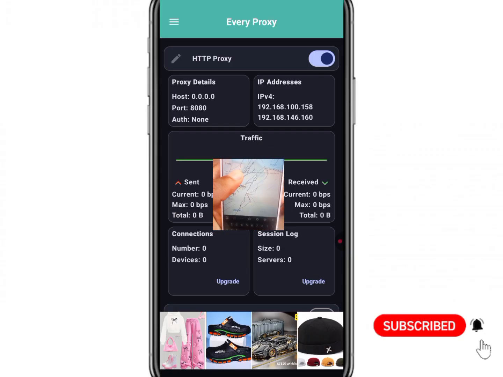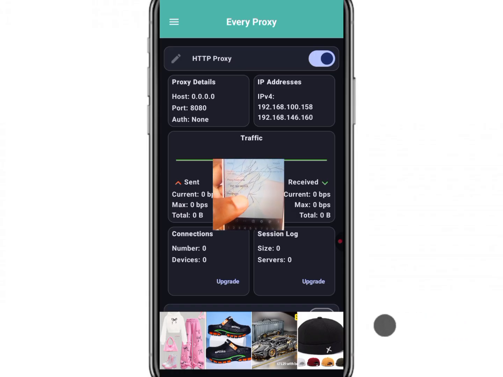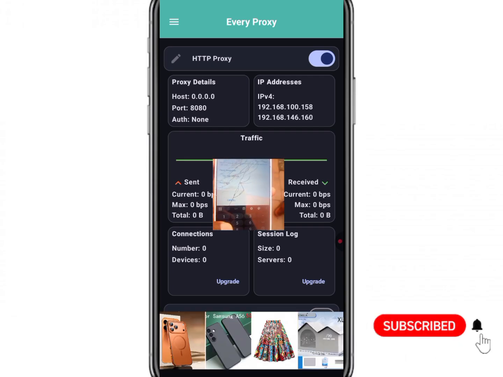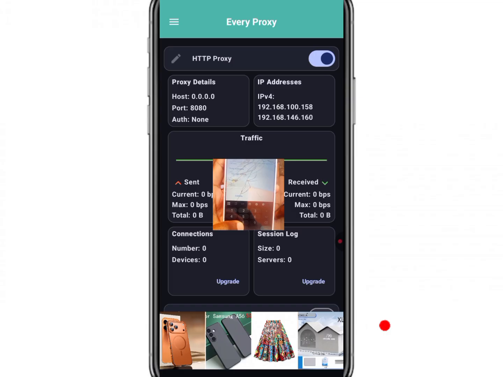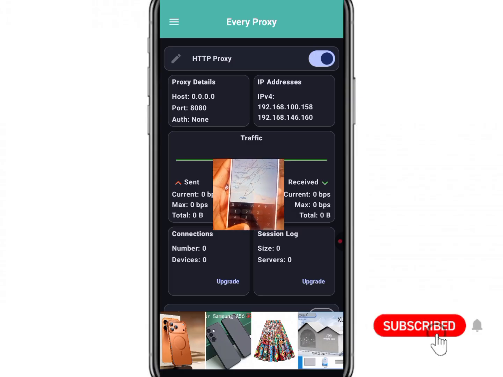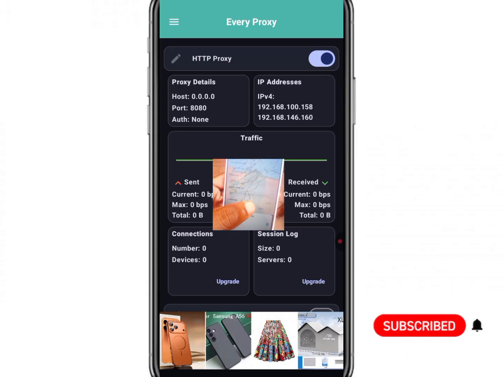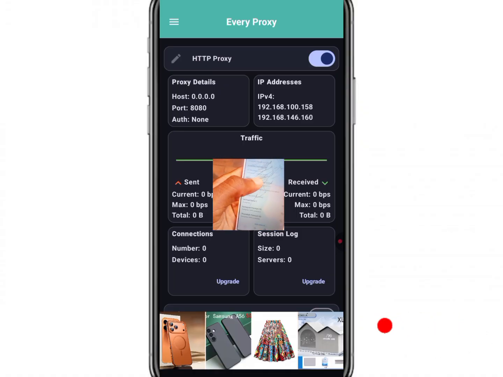Now we're going to scroll down and then put in the proxy port. As you see on the first phone, I have the port as 8080. It is what I'm going to put right here, 8080. And then after, we're going to scroll down, and then don't set other things, just leave them as they are. Then check save, cancel, and then save. After saving,